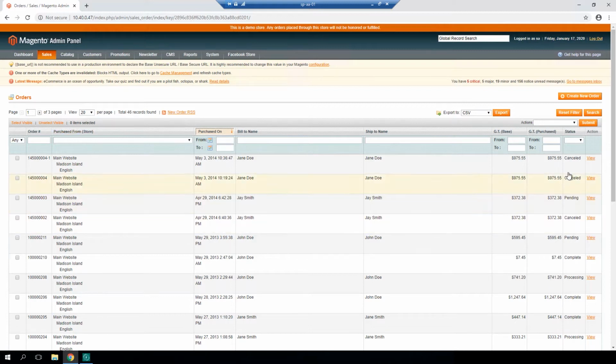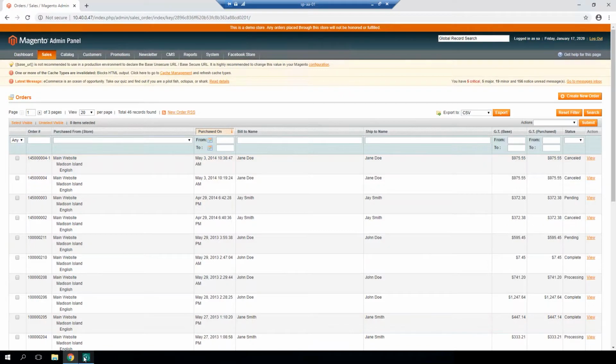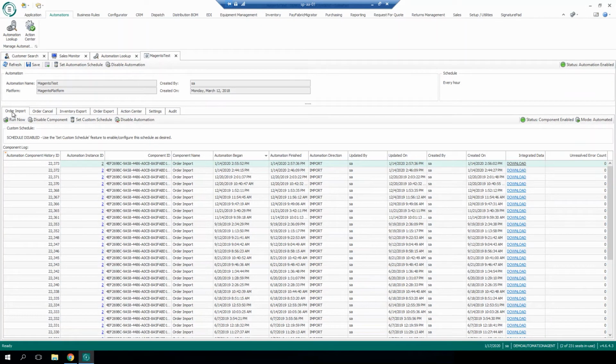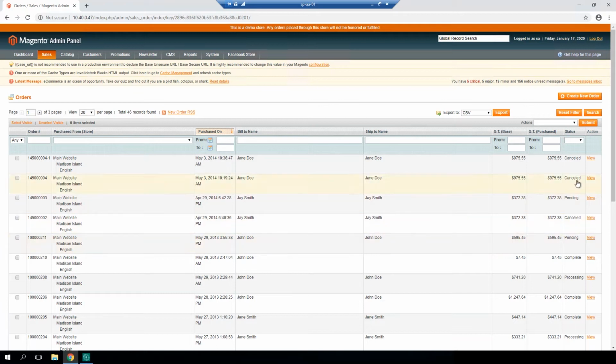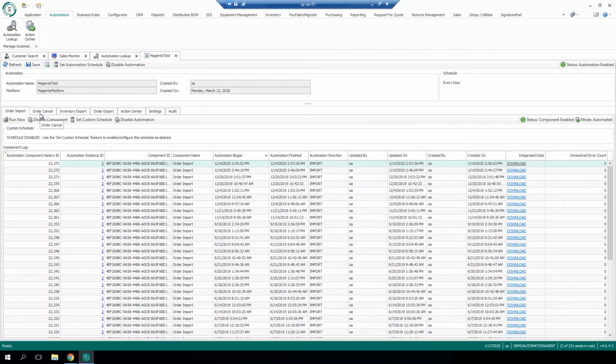You'll notice on my orders, this is where we have those different statuses. And these statuses on the orders in Magento line up to the different tabs that we have for this particular automation. So here I have, obviously, order import. That's going to be for anything in here that says pending. Now, if a customer has gone on and maybe canceled something, that's where we would be using the order cancel